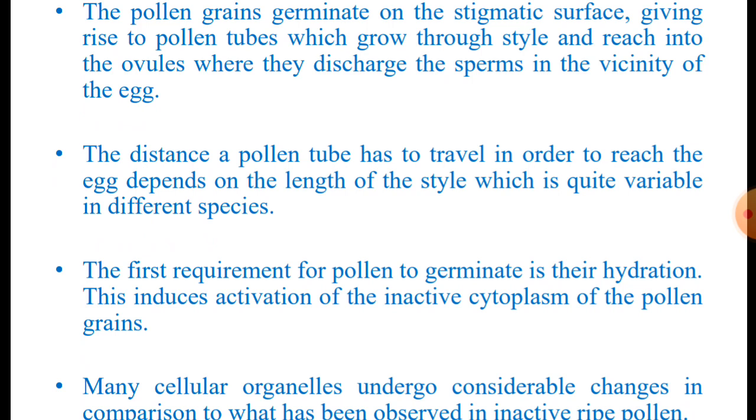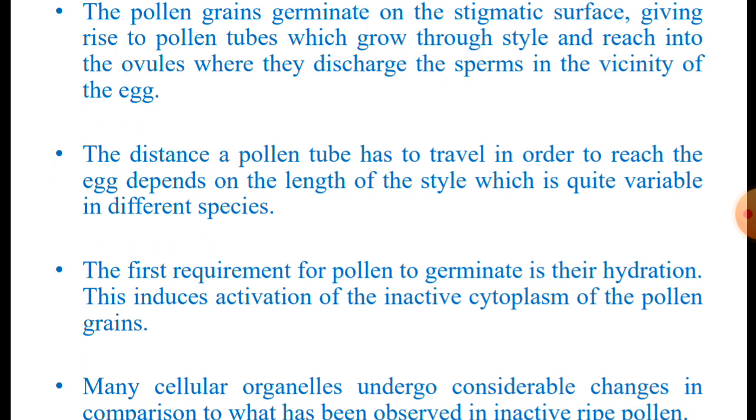The pollen tube acts as a sperm carrier and it discharges the sperms, one in the vicinity of the egg cell to form the zygote, and the other sperm in the vicinity of the central cell to form the primary endosperm nucleus, which later on develops to form the